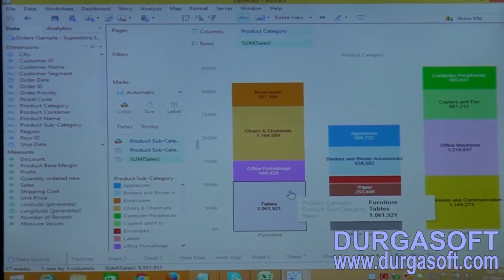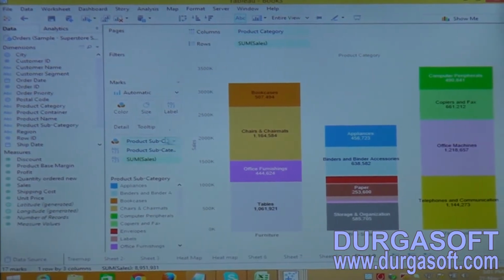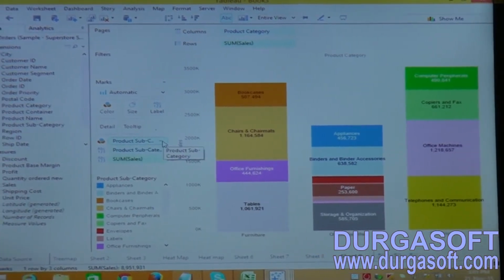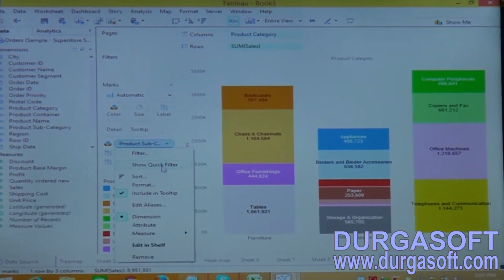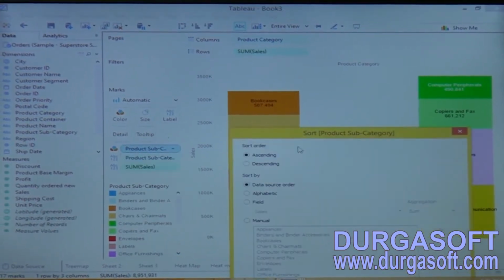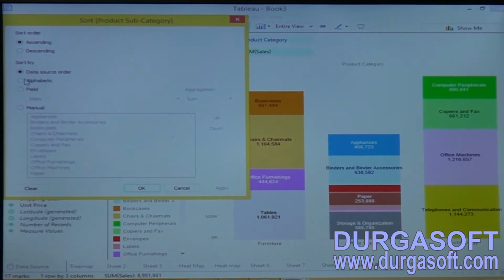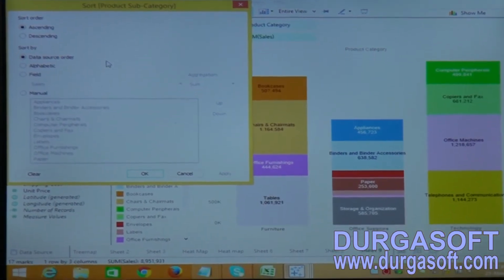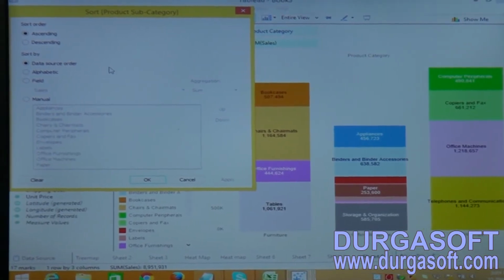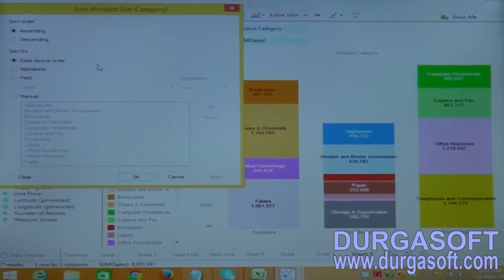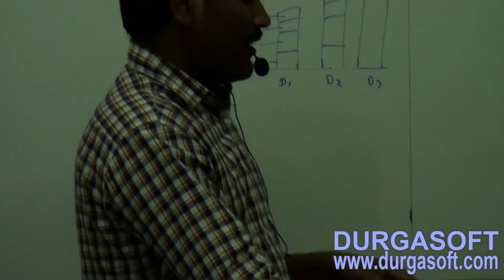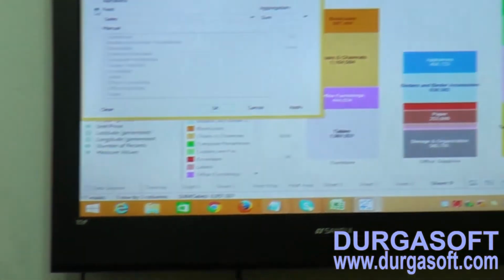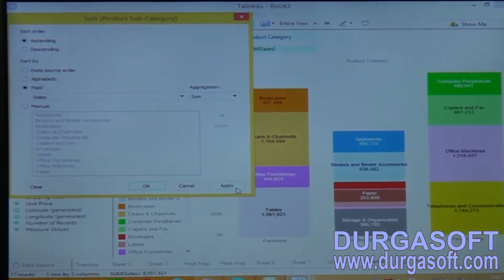To represent it like this, let's right click on the product subcategory and click on the sort option. Sorting is already set to data source order, but now I want to sort this product subcategory data by sales. Now click on the field and select apply.